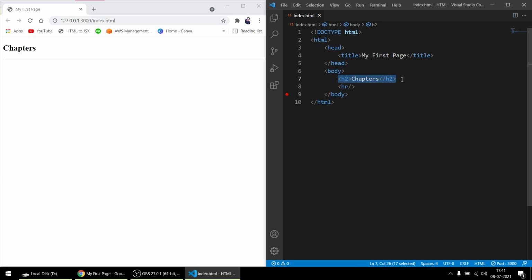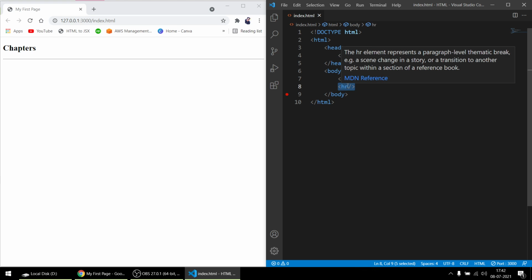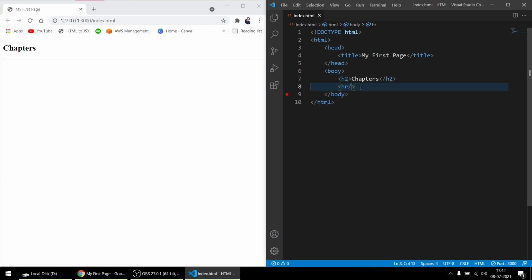The normal tags are called pair tags or combo tags, because there is always an opening tag and a closing tag. But in these kinds of tags, there are multiple self closing tags also. They are called self closing because you just close it inside itself. It works fine, and this is the way you should use it. But if I remove this slash and save it, see, it still appears.